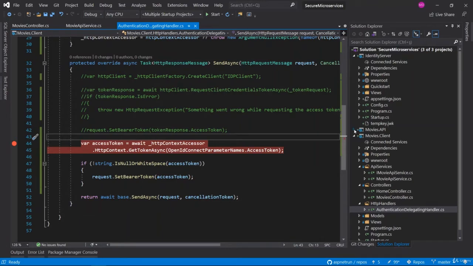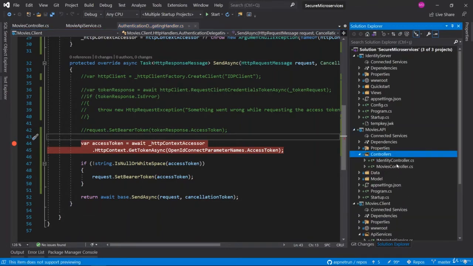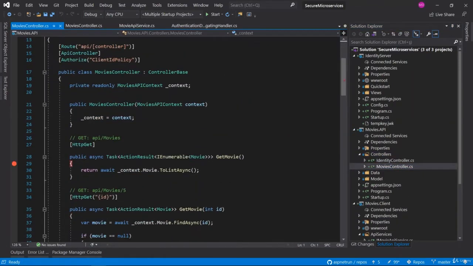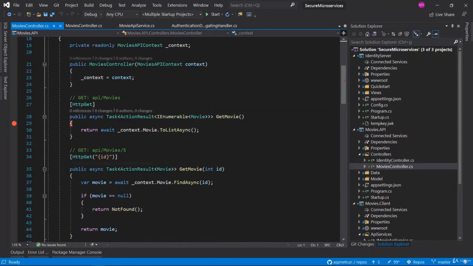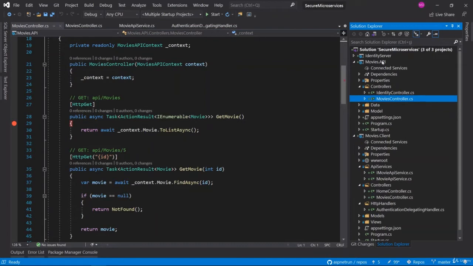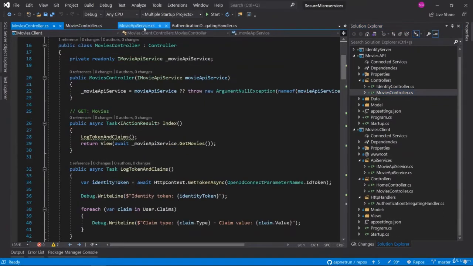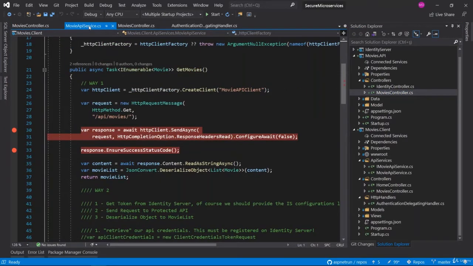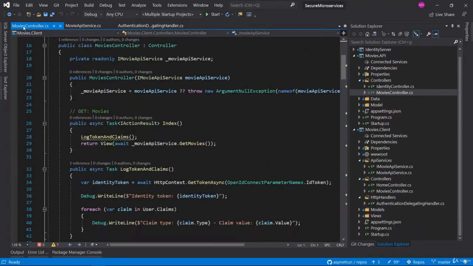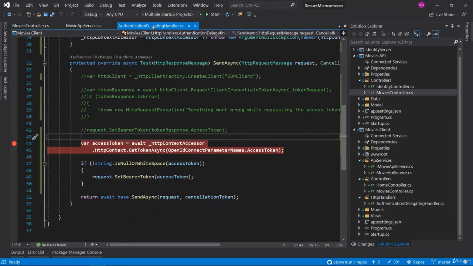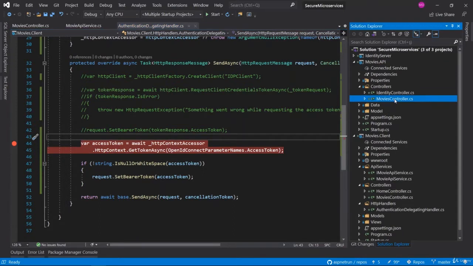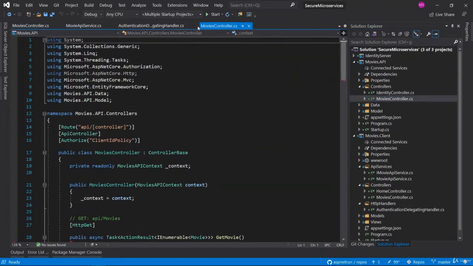And also, if everything is going well, we can see that the movies controller and get movie will be hit once, and we also see this one. The Identity server is not needed, so we can collapse it. Okay, very good. We have a movies controller. After that it calls the movies API service, and after that the authentication delegate handler, and yes, there is also an additional movies controller from the API service, the last one.